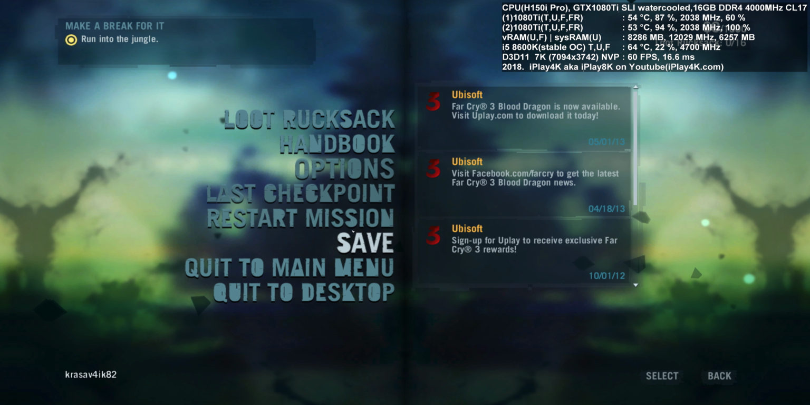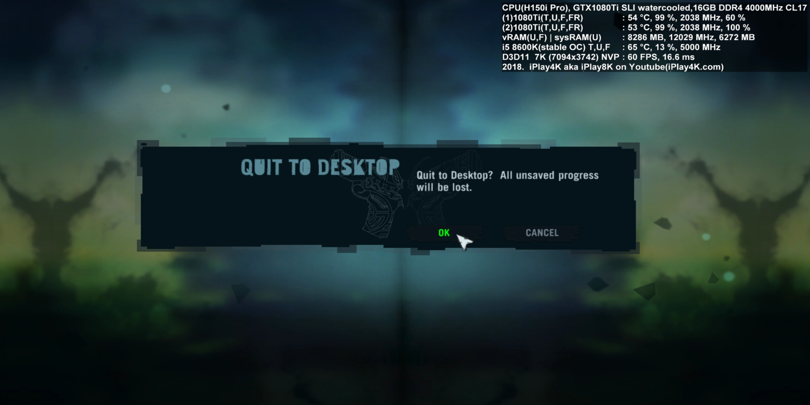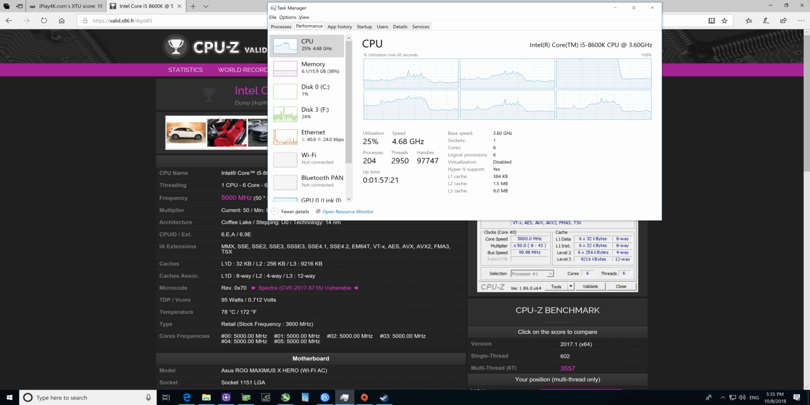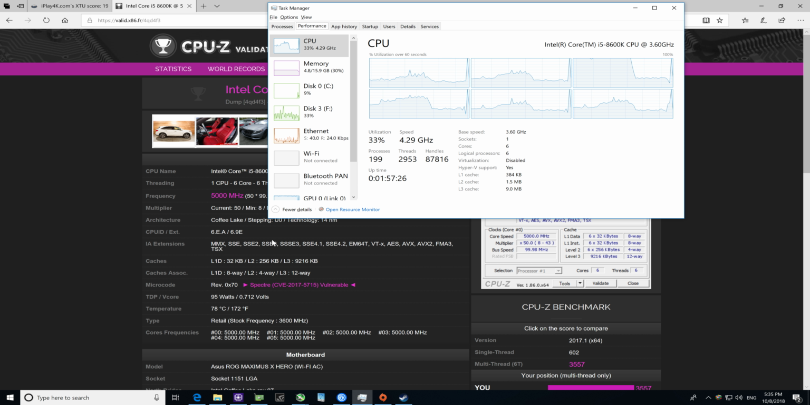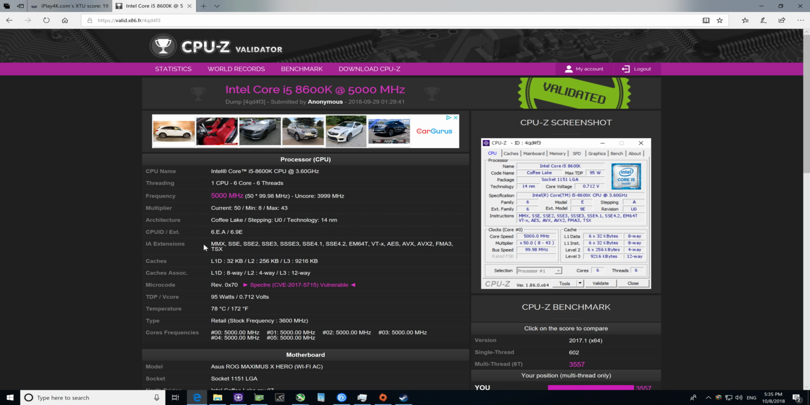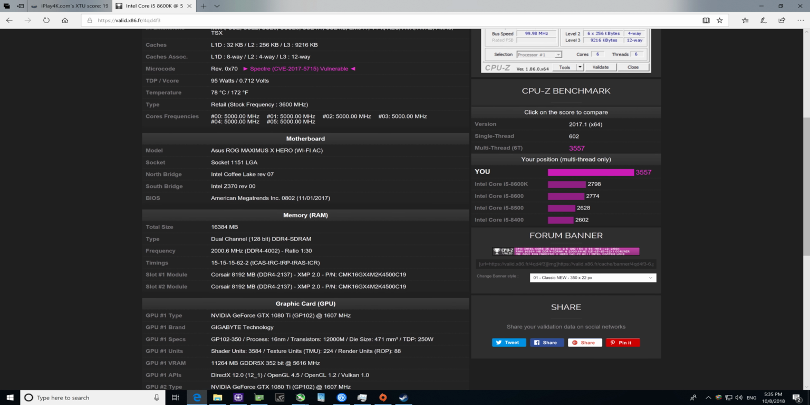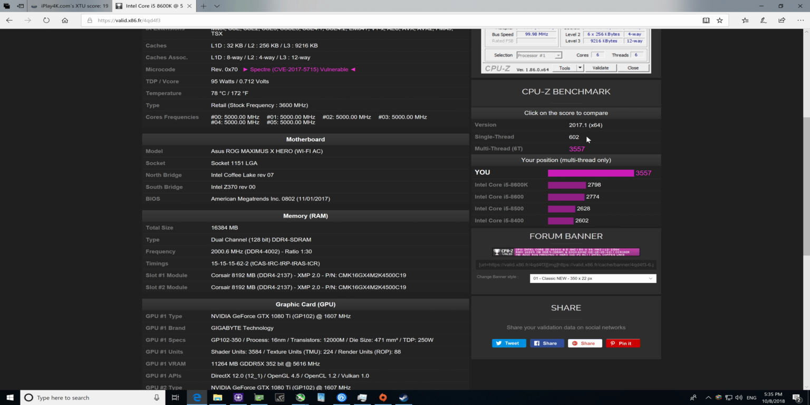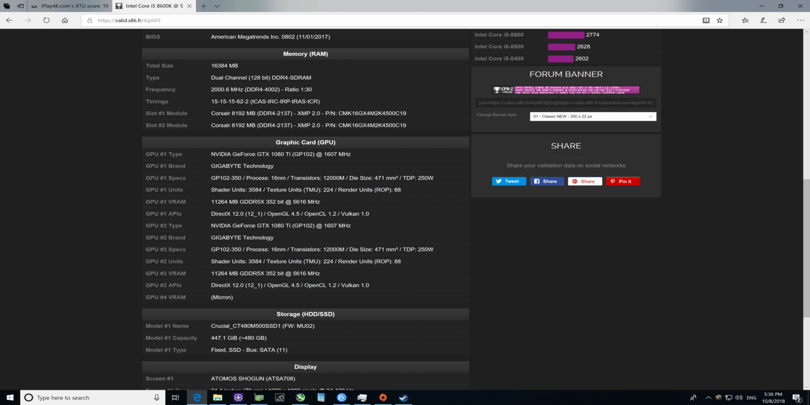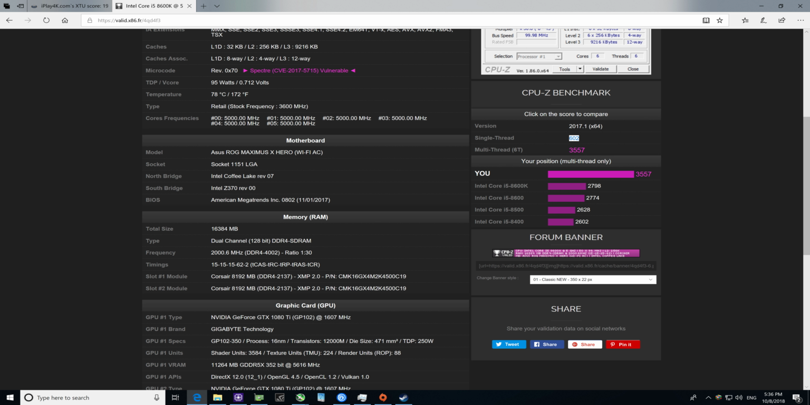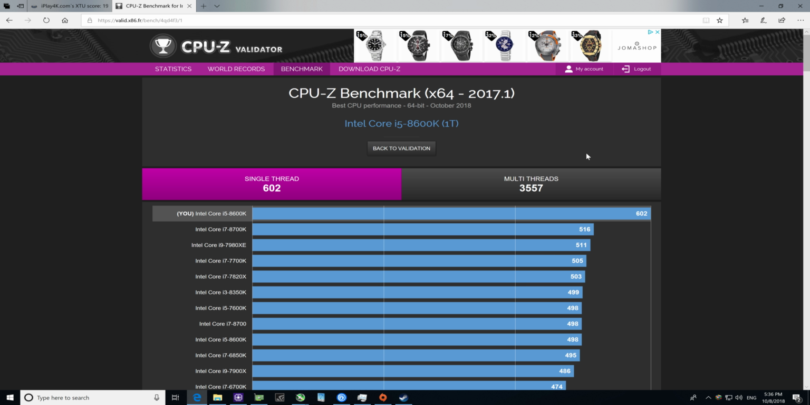Let me real quick go ahead and quit the game, and I'm going to show you the system specs. And this Core i5 8600K was showing the best single threaded performance. Right here, the single threaded performance was 602, and the multi-threaded performance was 3557, but the best in class probably for 8th generation Core i5, guys. Try to match it even with the Core i7